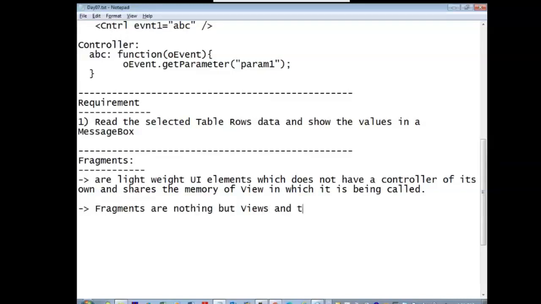And the signature and the file naming convention look similar to views.